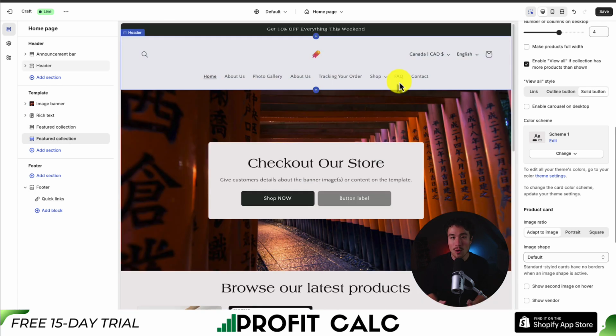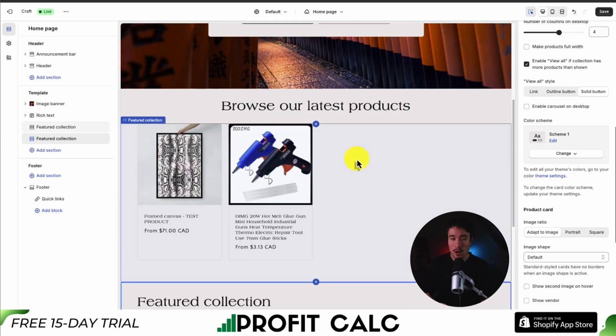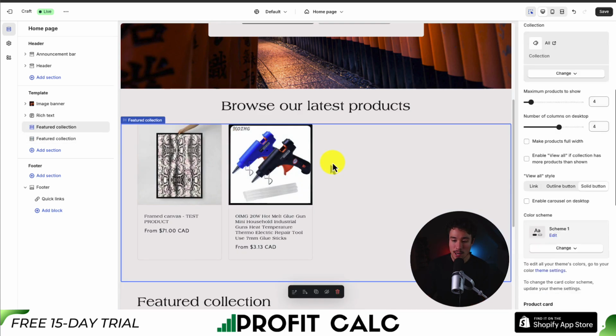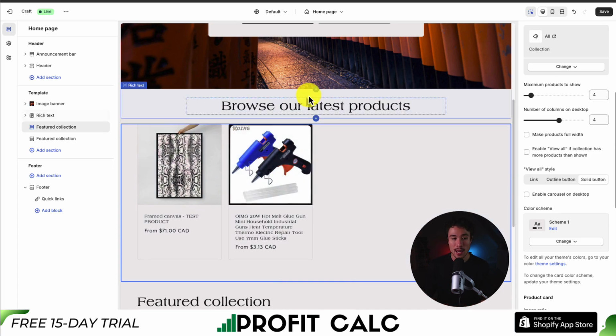So really, as an overall, after editing this page, we covered a few things from creating different sections to adding them in. Overall, Shopify's theme editor makes it quite easy with quite a few pre-built sections. As long as you're comfortable after doing it a few times of clicking into something, going and viewing all the settings in the sub menu, and then rearranging it to your liking, you'll have a really good idea of how to edit any single page on your Shopify store, as well as customizing the overall theme settings on the left-hand